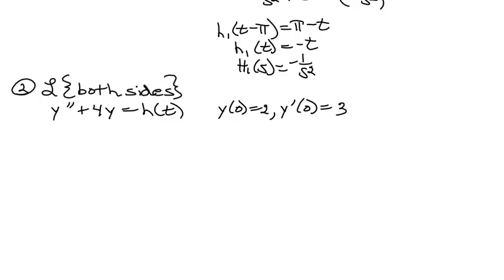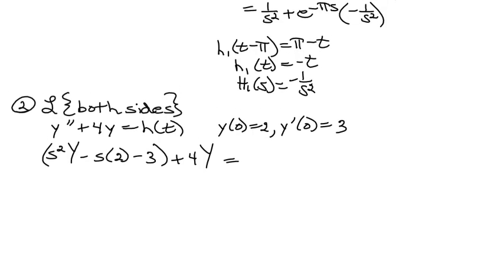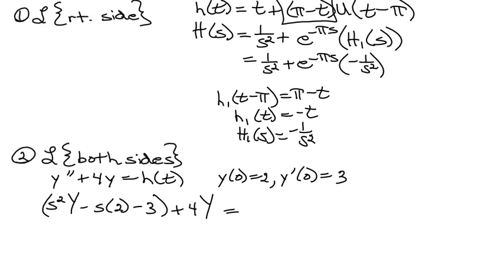All right, so taking the Laplace of both sides will involve using the initial conditions when I do the Laplace of derivatives. So the first term is going to be s squared times Laplace of little y minus s times y of 0 minus y prime of 0. Now all of that is the Laplace of y double prime, plus 4 times the Laplace of little y, which is called 4 cap y, equals all that stuff we just got for the Laplace of h of t,